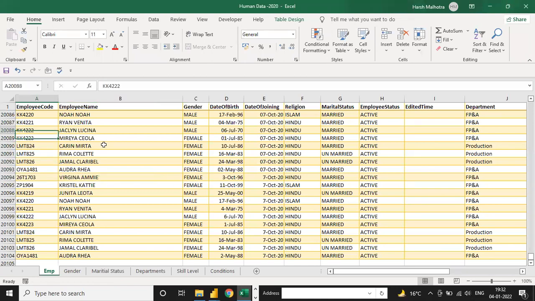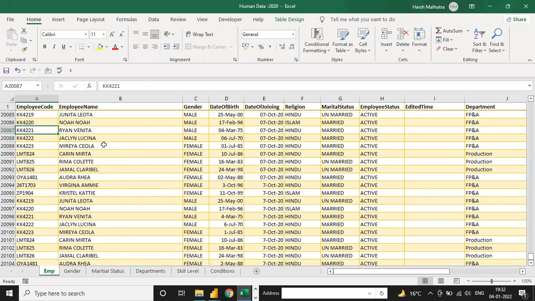If I go a little up, you can see this name Neo, and here also this name Neo. This is duplicate data, 4202 and 4202. Every value is the same. So when you remove the duplicate, one of these rows will automatically be deleted, so only one unique value will show in your Power Query view.